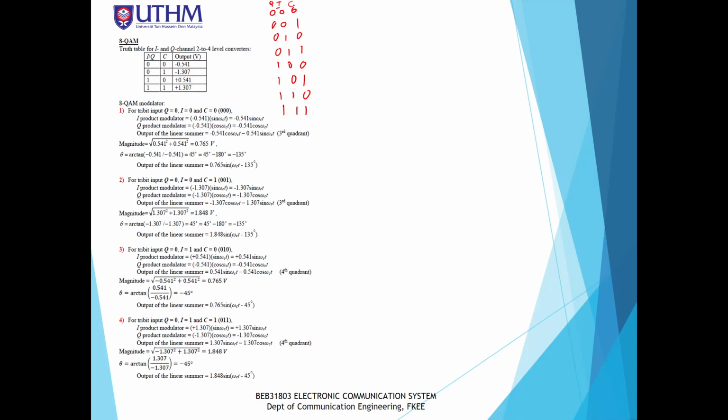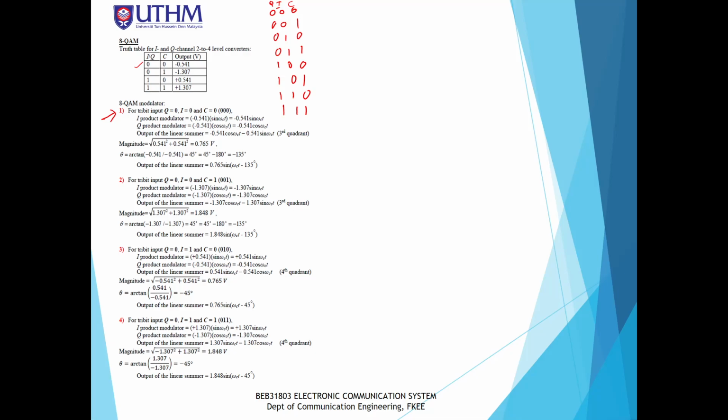Okay, so let's do from the beginning, for input 0, 0 and 0. That means Q0, I0 and C0. Okay, so for 0 and 0, according to the table, 0 and 0 will produce negative 0.541,